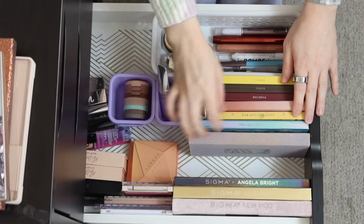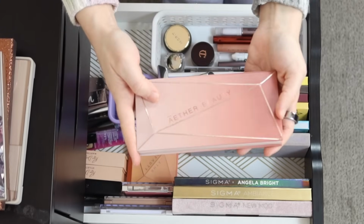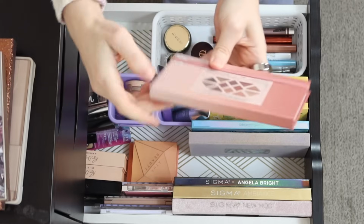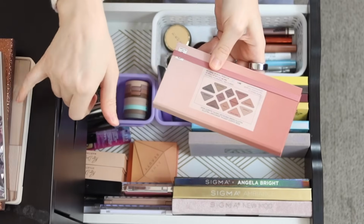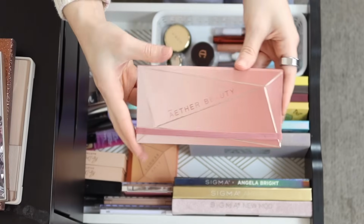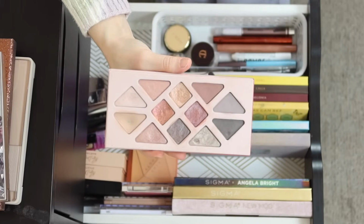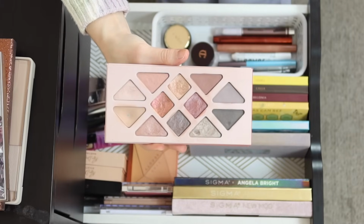Let's see, another discontinued gem right here is this one from Athr Beauty. I'm gonna roll this one in as well. Honestly, this reminds me a little bit of I Need a Nude. This is the original Athr Beauty Rose Quartz palette. Unfortunately, this brand closed down earlier this year, and this is definitely an eyeshadow brand that I will miss so much